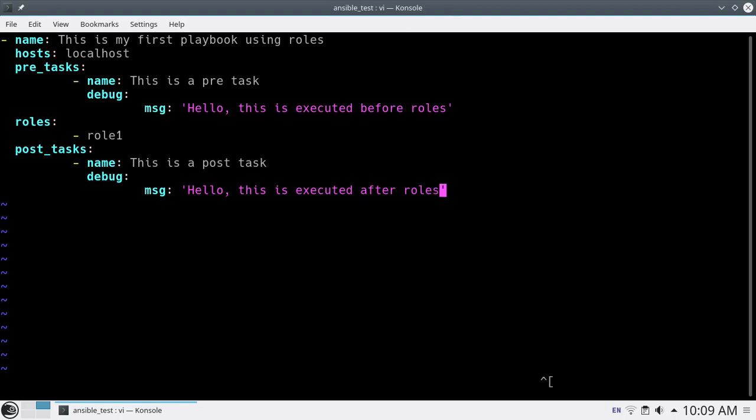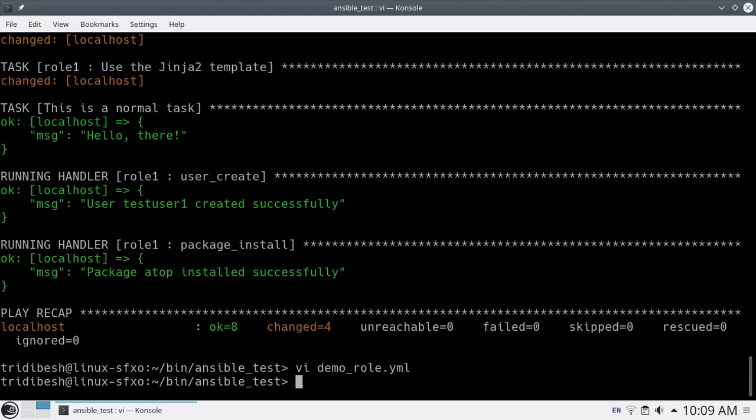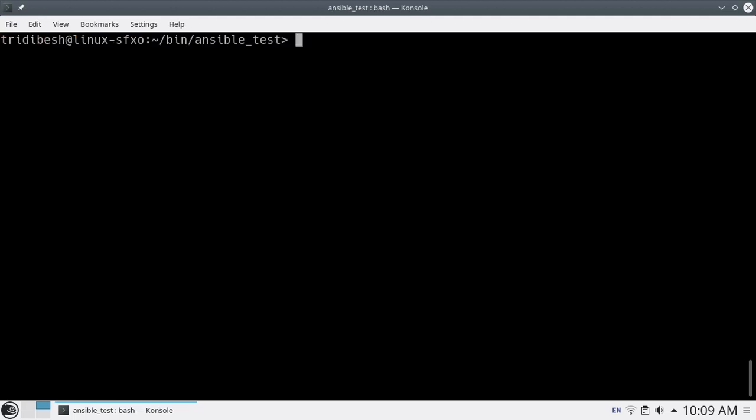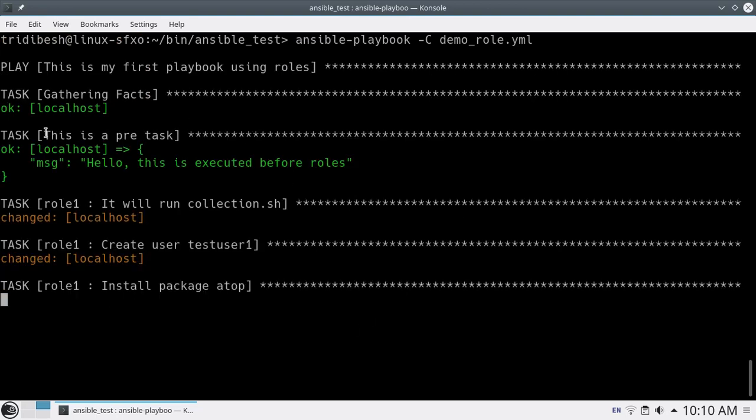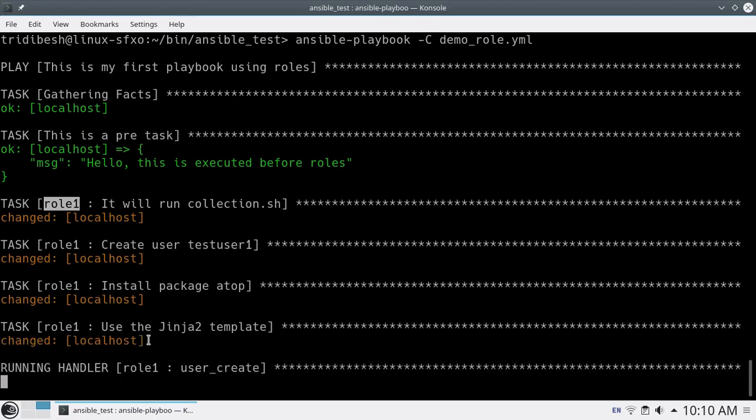Right now let's see what happens. We'll run it again. You can see now the pre-task is running before roles. Now roles are going on.